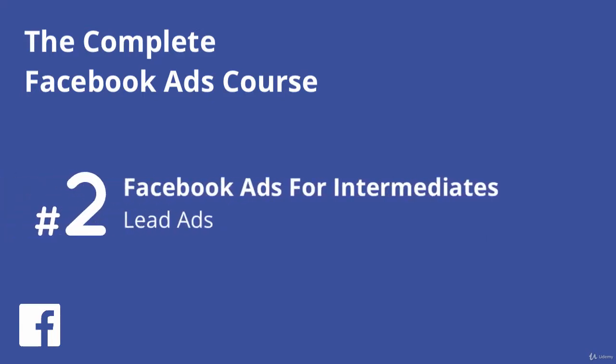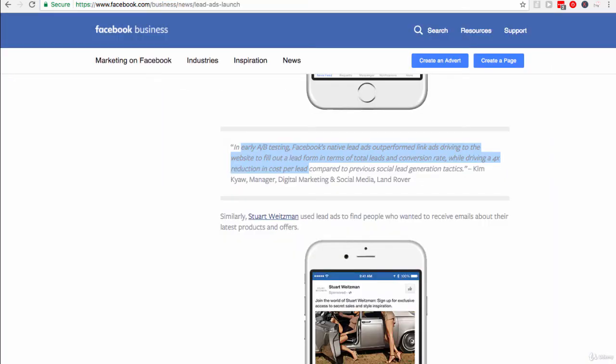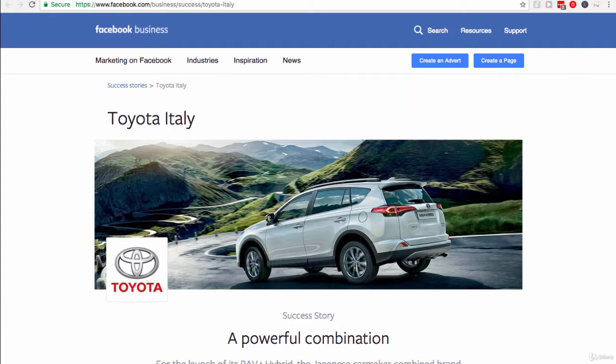In this video, you're going to learn about lead ads, a very new and exciting ad format that Facebook have released. We'll start by understanding really what a lead ad is, then we'll look at some of the key benefits of it, and then we're going to look at some case studies and how companies big and small are really